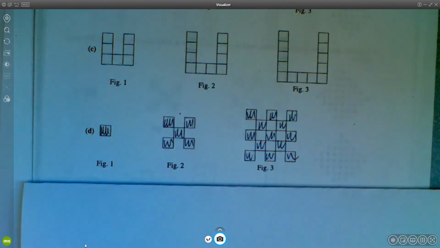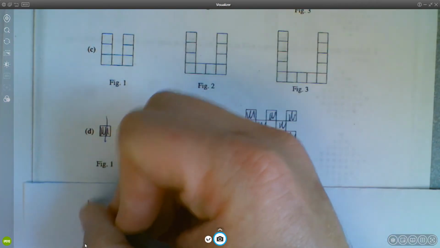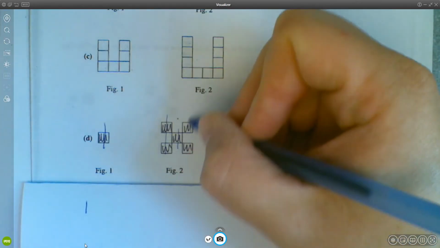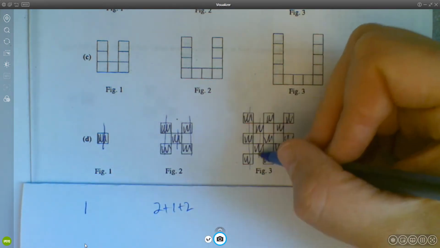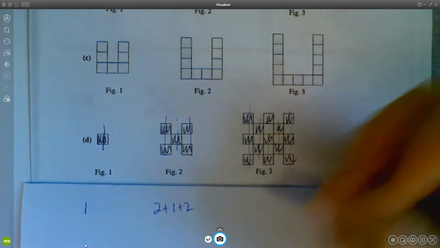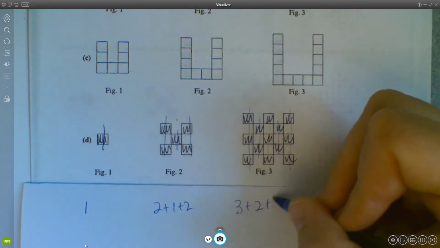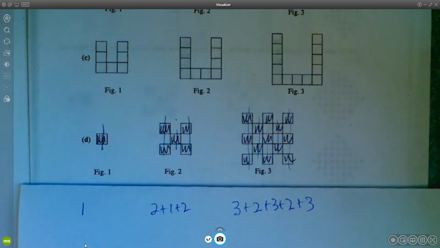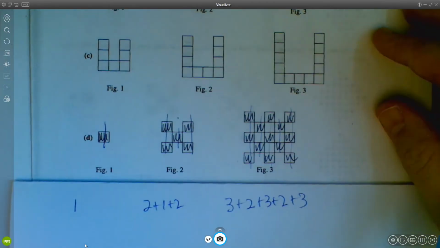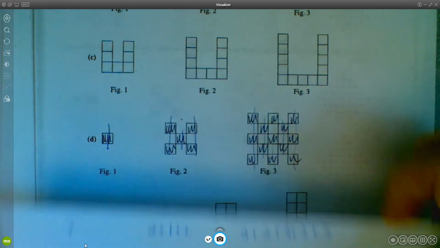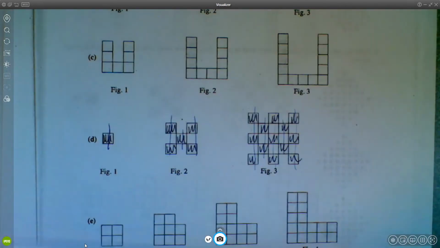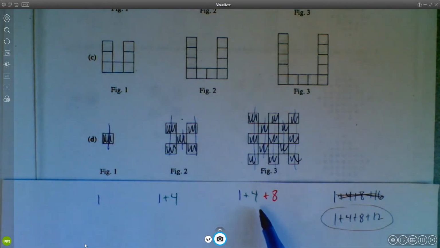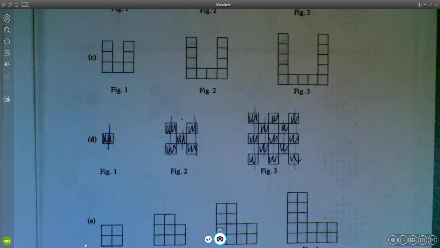So this one would just be 1, right? And this one would be 2 plus 1 plus 2. This would be 3 plus 2 plus 3 plus 2 plus 3. Okay, now you can see this is going to have the same issue as this first one that we tried, where you just have this almost telescoping pattern, which isn't good,